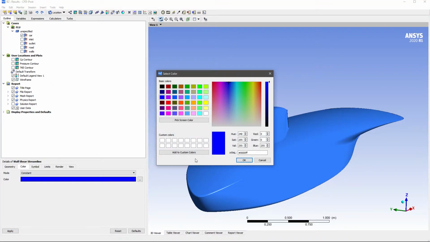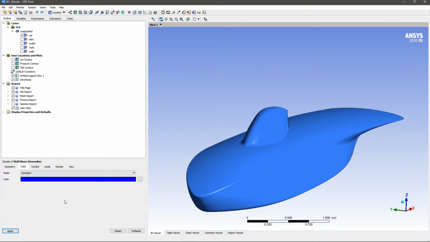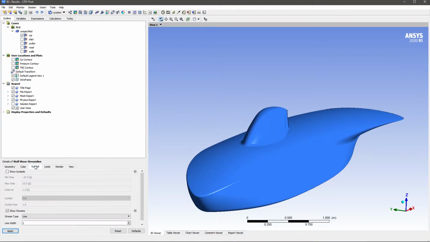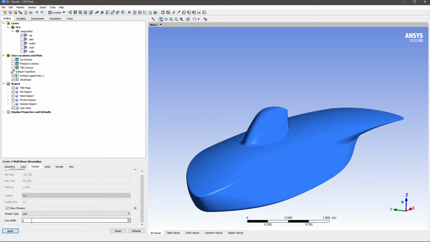Click the three dots and go to select your colors. You can use the entire color spectrum and choose whatever color you want. I tend to find that the blue preset is good enough for me, and you can just click OK and select that. The symbol: I usually bring down the thickness of the line to 1,